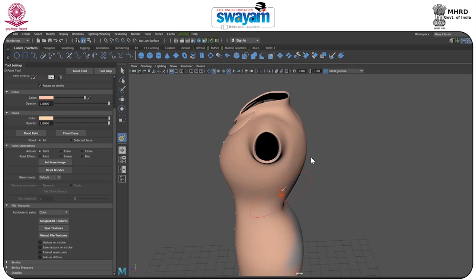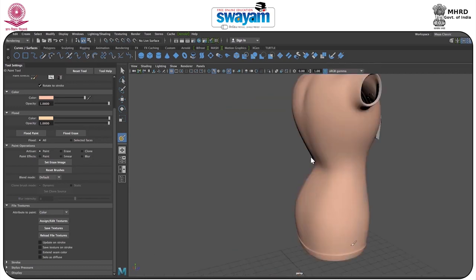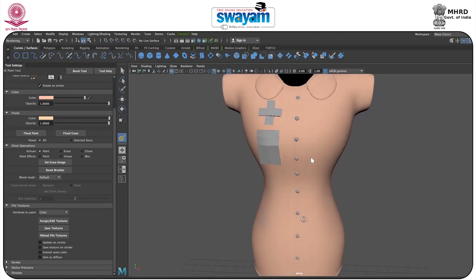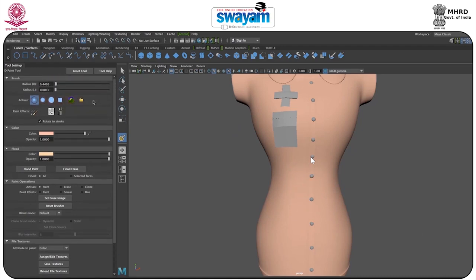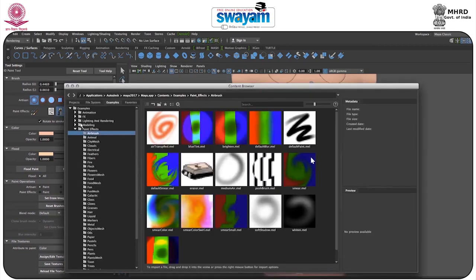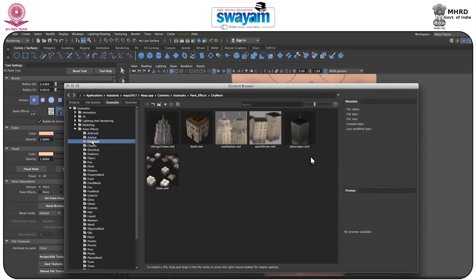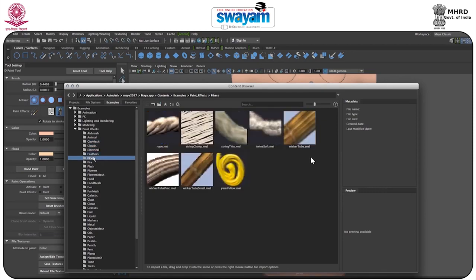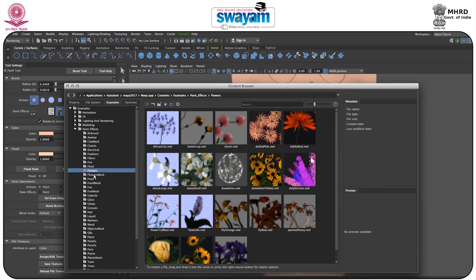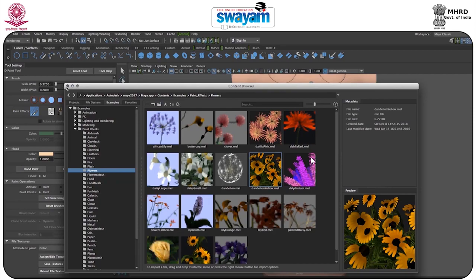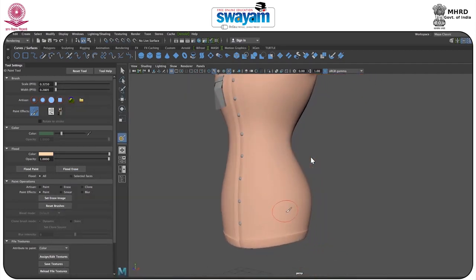And as you can see, we have painted the texture over here. Each and every part has been painted. Now we'll press B and drag the left mouse button to decrease the size. I will go here and pick this particular one. Here we have different things, so whatever you want to make, you can go through them and pick any of them. So I'm picking this one, and this is the flower. I click over here, and as you can see the opacity is 100%, which is 1.0.